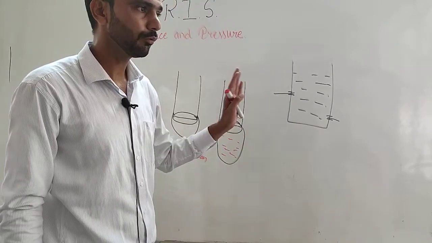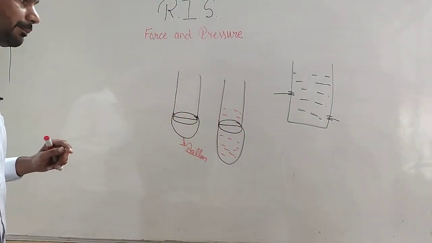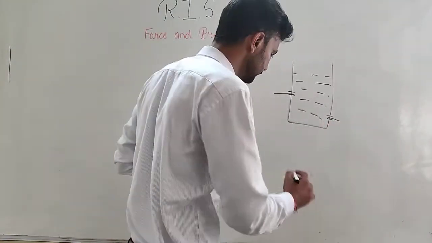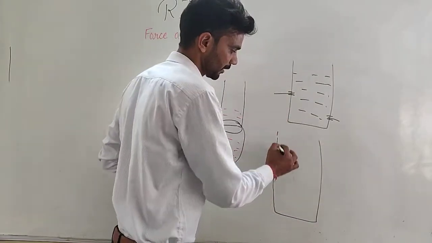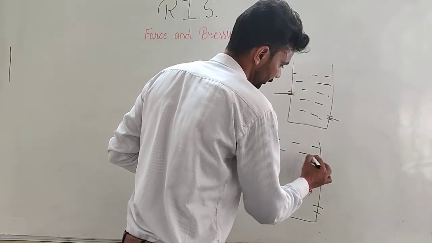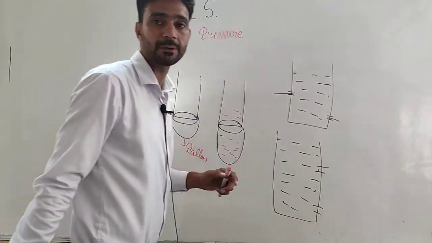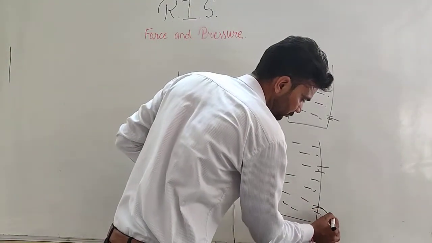Related to this, we have one more concept, that with the increase in the depth, the pressure which is exerted by the liquid will increase. How can you say that? Suppose this is a beaker. If I made 2 holes in this beaker, and this beaker is filled with water, and both the holes are open, from which hole does the maximum water come? The maximum water comes from this hole.